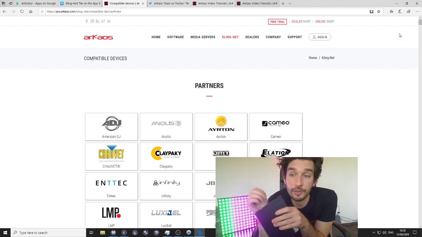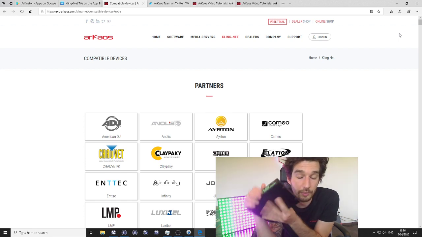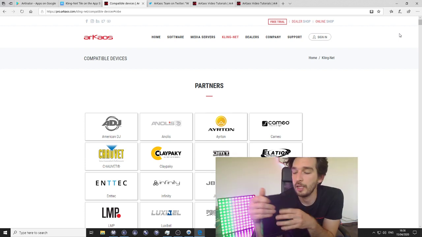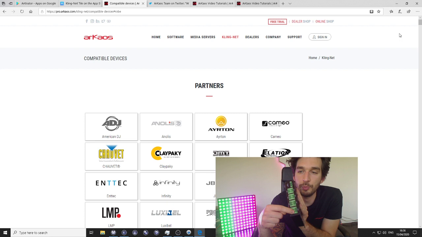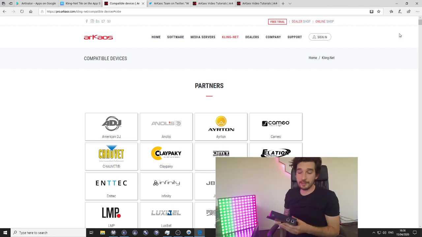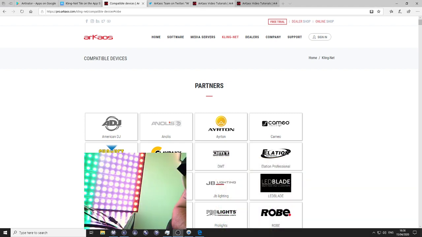About 400 pixels. RGB or RGBW, we don't care because it's running ClickNet. It's not running ArtNet, so it's not limited by channels and so on. You name it. 400 pixels per output times 4. Okay. Running ClickNet. So in my setup here, I'm going to switch to my second camera.